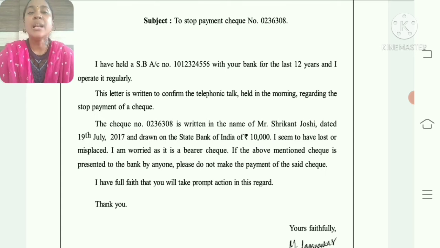What is that cheque number and what happened, let us see that in a very detailed manner. The cheque number 0236308 is written in the name of Mr. Shrikant Joshi, dated 19th July 2017 and drawn on the State Bank of India for rupees 10,000. I seem to have lost or misplaced it. I am worried as it is a bearer cheque. If the above mentioned cheque is presented to you, the bank, by anyone, please do not make the payment